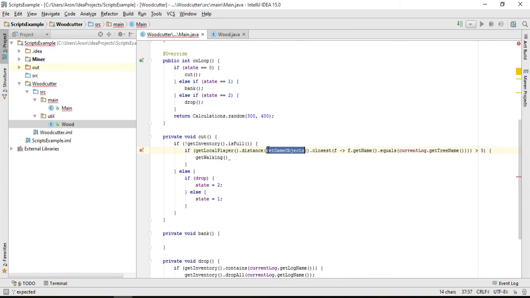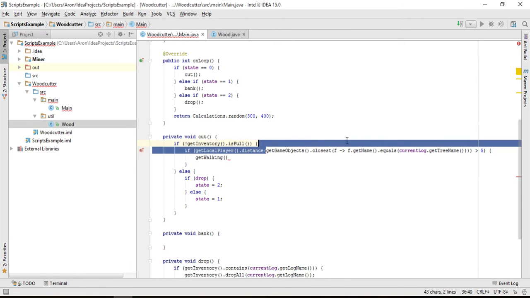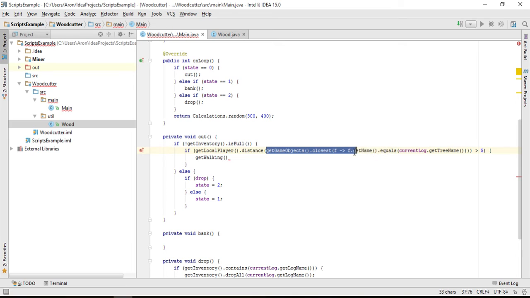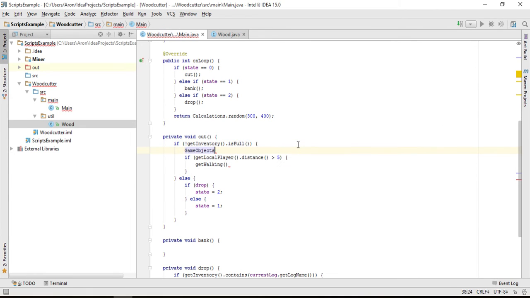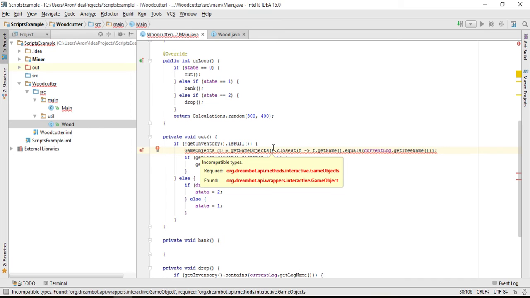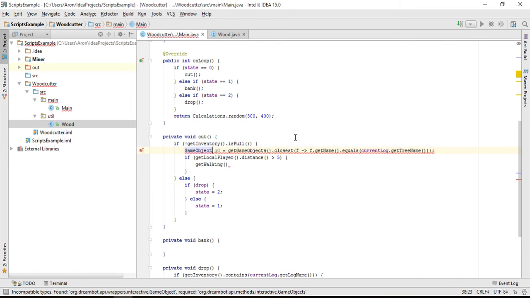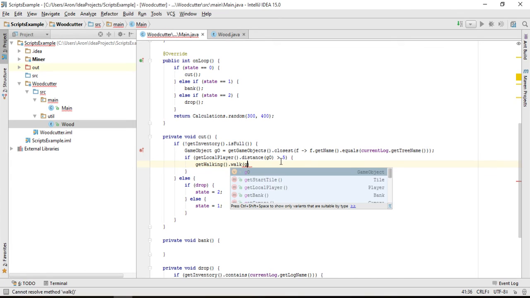And I'm actually going to store this because we don't want to keep creating new game objects in memory. Why can't I do that? Oh, right, that's not a thing. Alright, so now if our distance from our game object is greater than 5, we're going to walk to the game object,